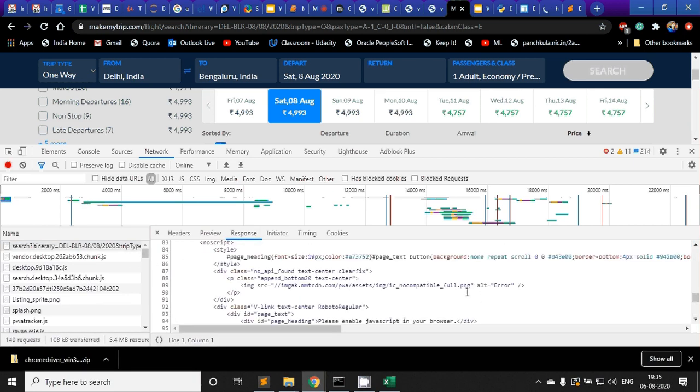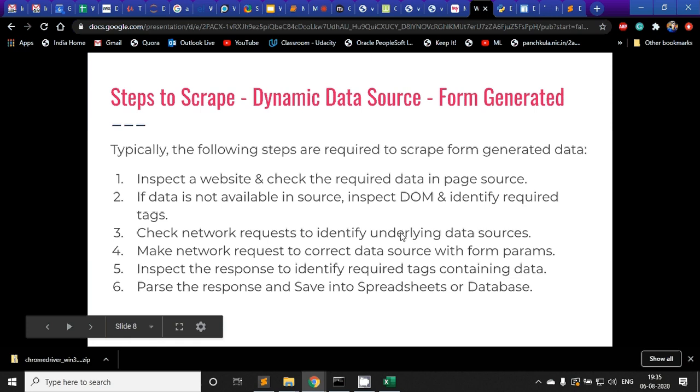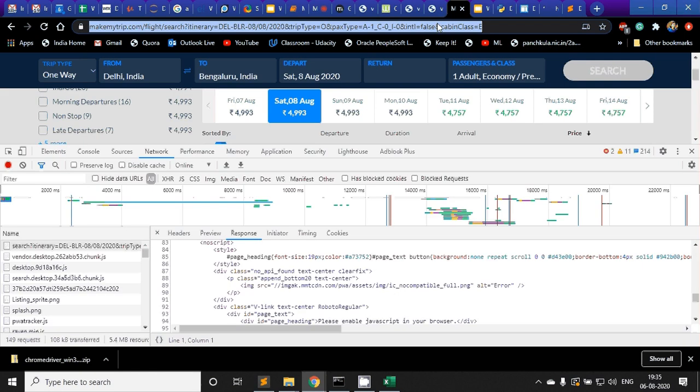If I was able to find that some other request link is there, I will make a request to that link. Otherwise, I will make a request to this particular link only. If I did not find any underlying links in this request, we will come to that example, but let's try to understand this way only. If there is no underlying link there, I can directly use this link to make a request to the server. Otherwise, I will have to use that link.